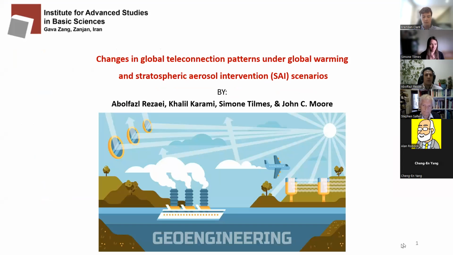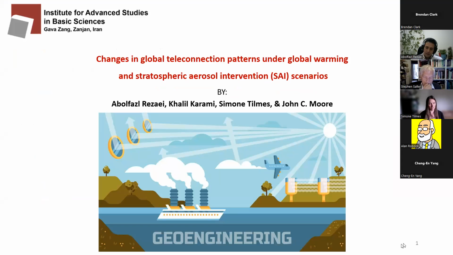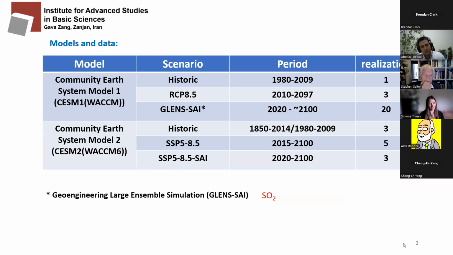Today I'm going to talk to you about the projected changes in global teleconnection patterns under both global warming and SAI scenarios. For this work, we used the two Community Earth System Models, CESM1 and CESM2. For each of these models, we used three different scenarios, including the historical period, global warming, and SAI scenarios. For CESM1, we used RCP 8.5 as the global warming baseline, and for the SAI, we used the GLENS outputs. But for CESM2, we used the high-emission SSP5-8.5 scenario as a baseline